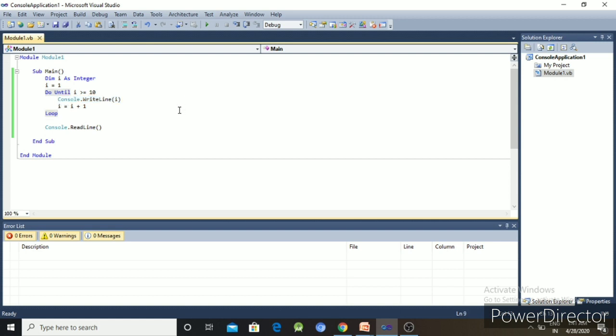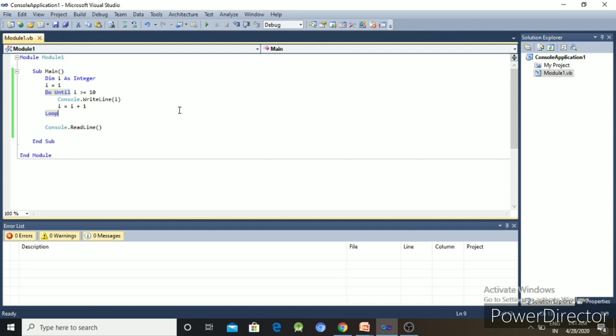So let's execute the program and find the output. We get the output. So the do until loop is different from the do while loop and for loop.